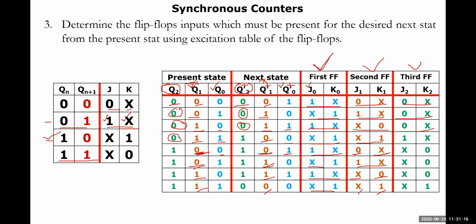Now 0, 1 is the input here. 0, 1 in the sense 1 don't care. Yes, we have taken 1 don't care here. Then 1, 1 are the inputs. 1, 1 in the sense don't care 0. Yes, you can see don't care 0 here. Then again 1 and 1, both are 1s, so don't care 0. Again 1, 1, so don't care 0.